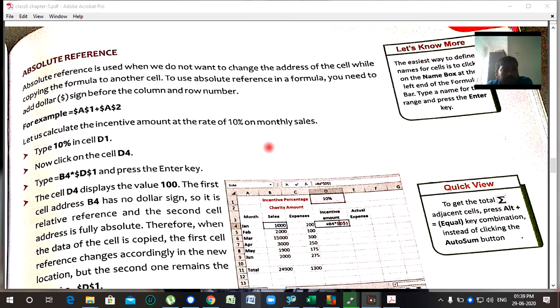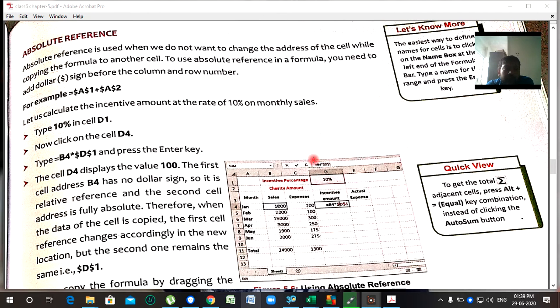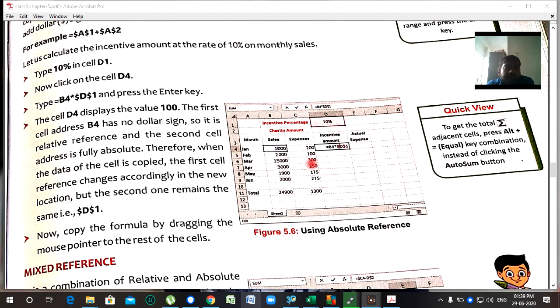If you don't want to change the column value, then we have to put the dollar sign before the column. Here we have given the example. In the next classes, I will show you practically how to perform the absolute reference.